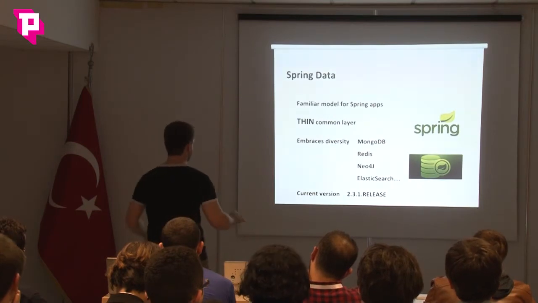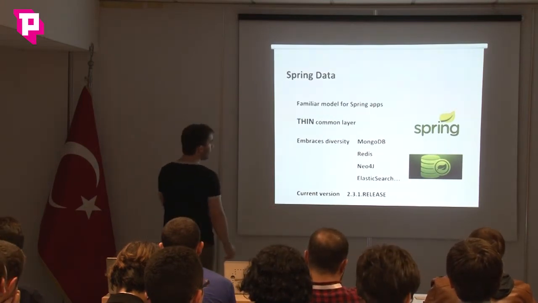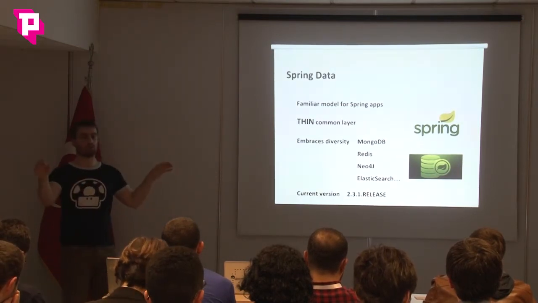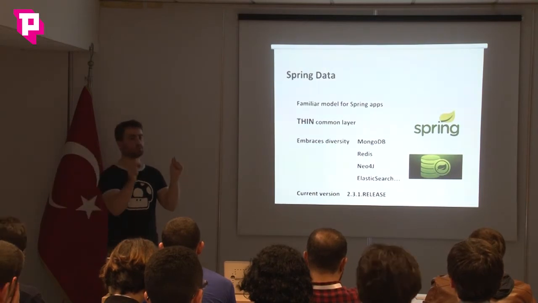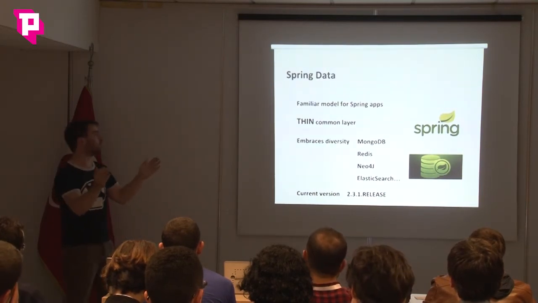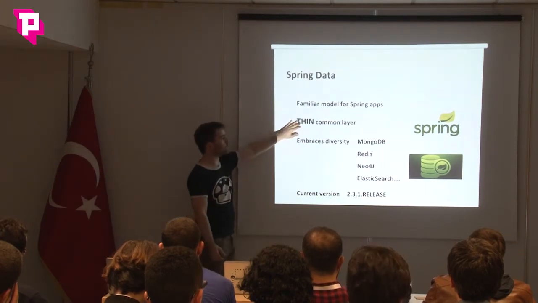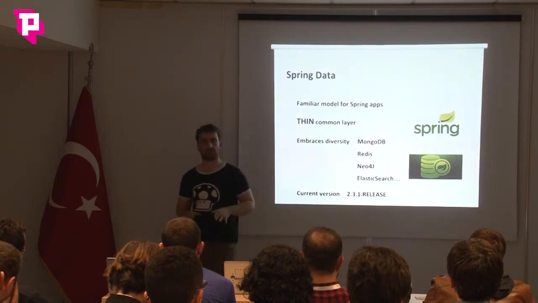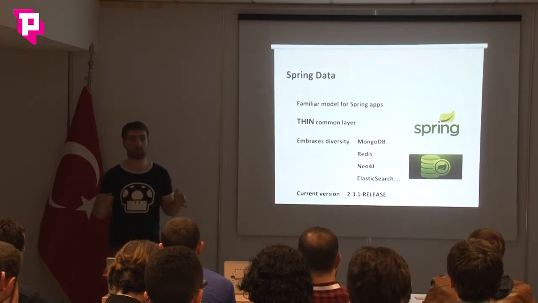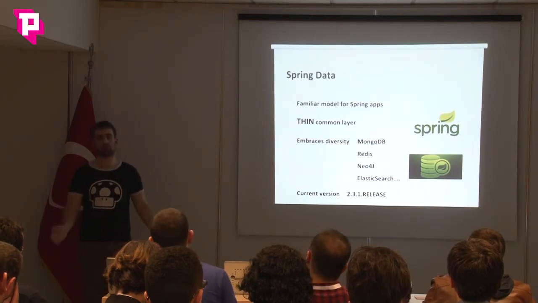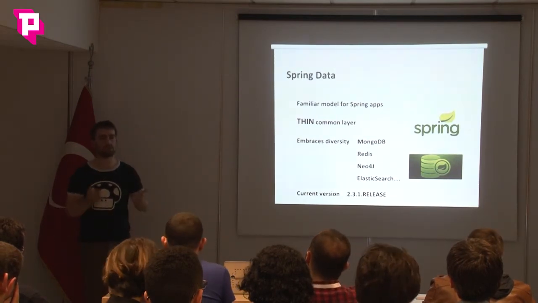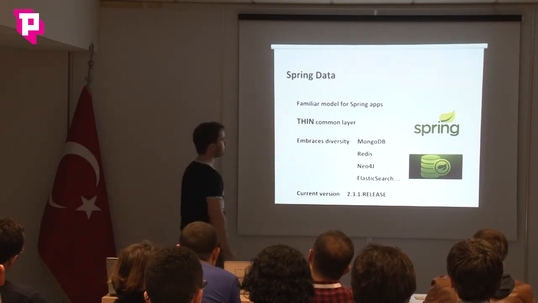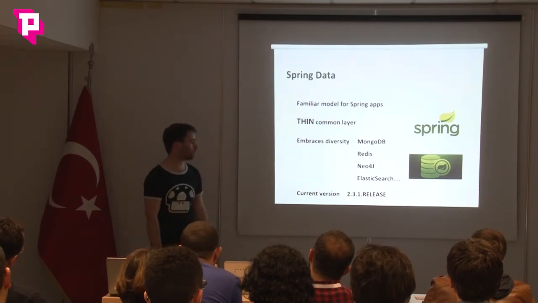So Spring Data itself is an umbrella project. You have a very thin common layer. It's very important here because with ORMs we have a common model for all kinds of relational databases, and you have only the subset of features you can have with that. Here it's not the case. You don't care. You have a very thin common layer, and you can exploit any feature of the stores in different APIs. They don't try to make a uniform API because that doesn't make sense. When you use a document data store, you don't expect the same API as for a graph or a key-value store. So they don't try to do that. They have a very thin common layer and very diverse support for many use cases.